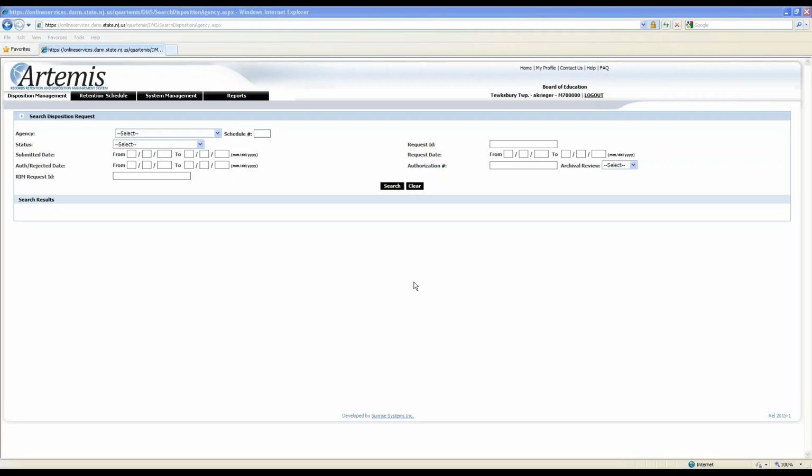Absolutely. If you shred it, the destruction method just says shred. It doesn't have to be done by an outside agency. If you want to do it internally, that's fine too. Just FYI, a lot of people put stuff into recycling. If there's no confidential information on those documents, people will just put it into recycling. So it's up to you how you want to dispose of it, but you just have to make sure that you complete that last section, complete disposition status, and let the system know how you destroyed that record.